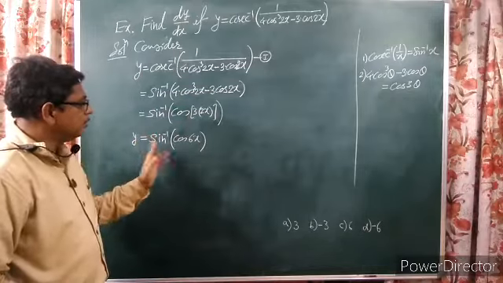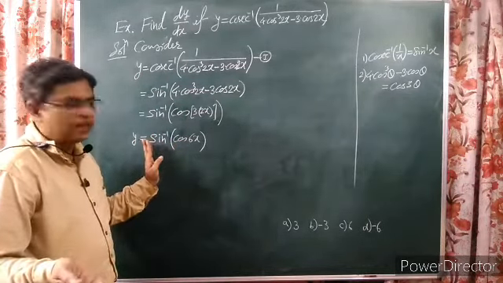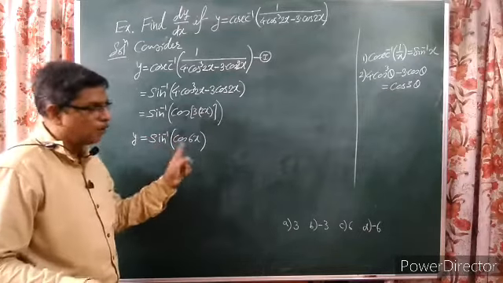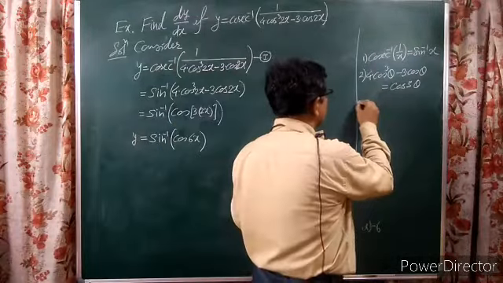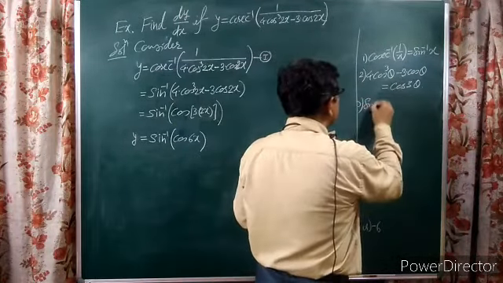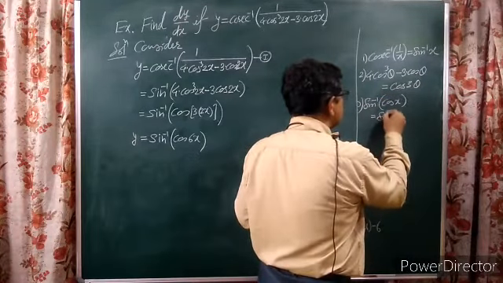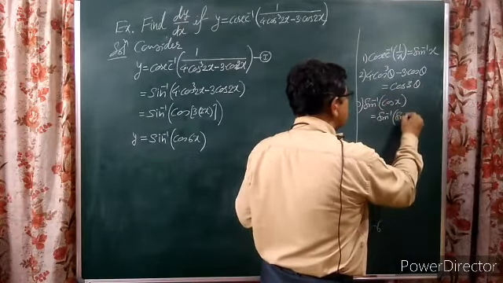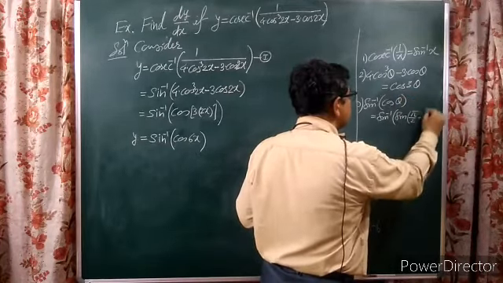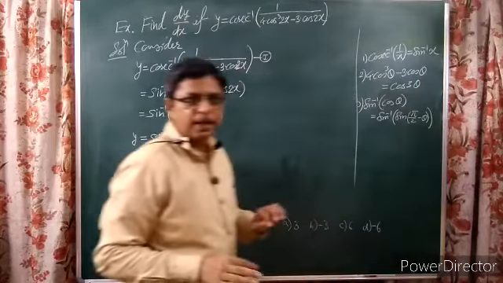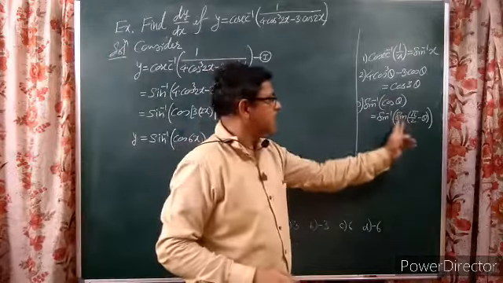So in case of MCQ, if here it were sine inverse of sine, then they get cancelled directly, and you'll get the derivative of 6. But it is sine inverse of cos, and we have to use one more formula. Yes, see that formula also. Sine inverse of cos x. Now write this as sine inverse of sine of pi by 2 minus theta. Or we can consider cos theta as sine of pi by 2 minus theta.